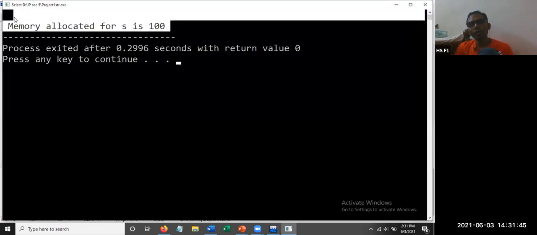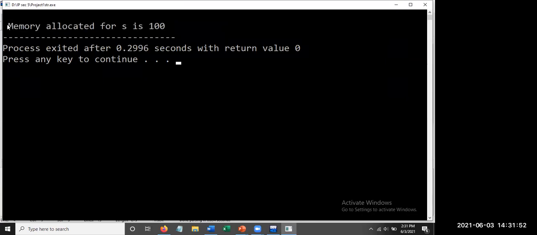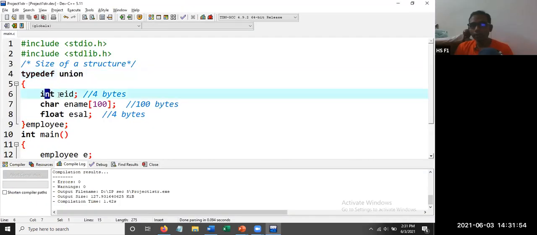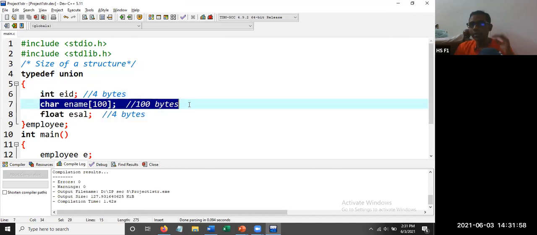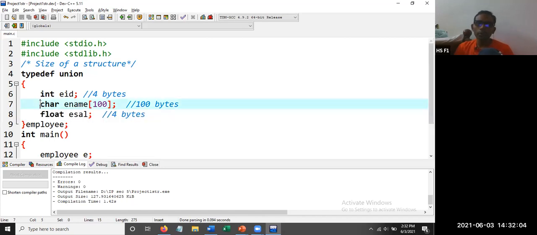Memory allocated is how much? 100. So what happened here? Here we have 4 bytes ignored. Here we got 100 bytes taken. Here we got 4 bytes ignored. Now what I'm going to do, simply I'm going to change this to 20. Now can you expect what is the answer?